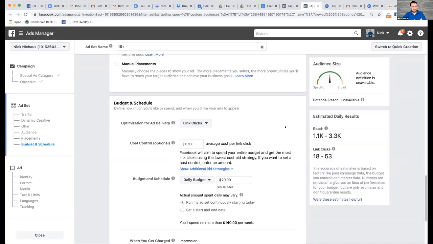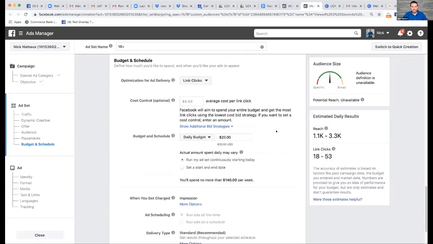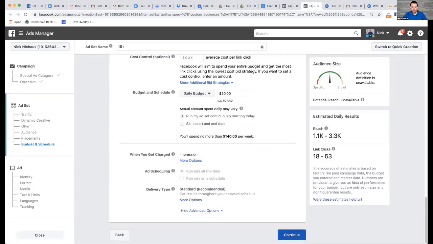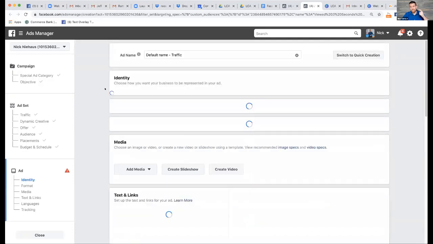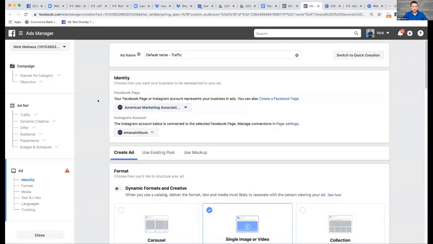Because the reality is, Facebook doesn't know what the ad looks like, so I don't really know how it can guess how many people are going to click on it, but it does. It's going to give you at least the number to think about, but it's often not correct. So we're going to leave the rest of that alone. We're going to continue, and I'm going to show you the final step of setting the ad up, and then we are wrapping up at that point.